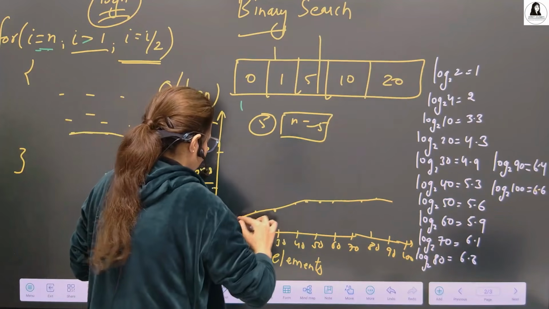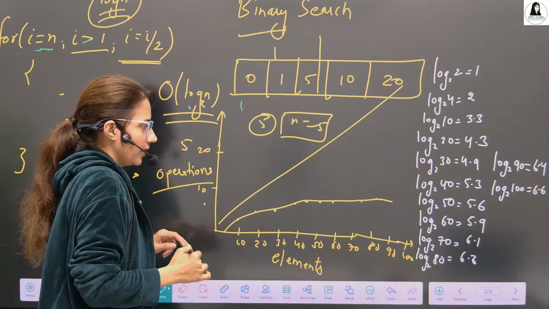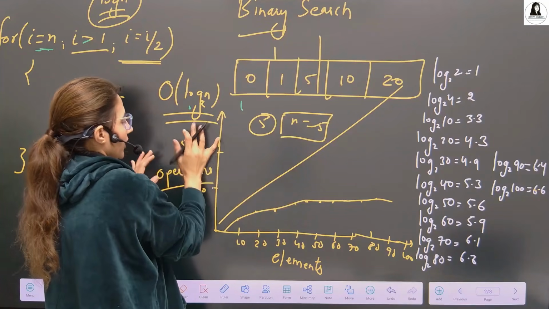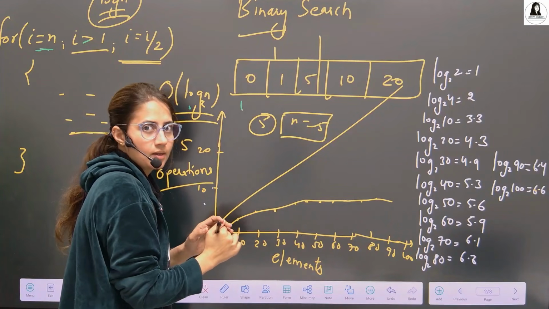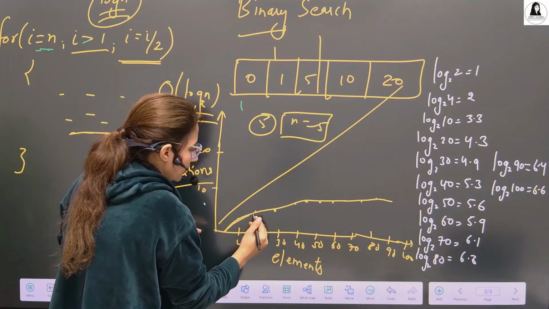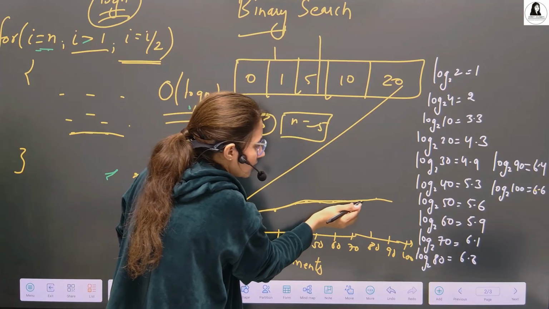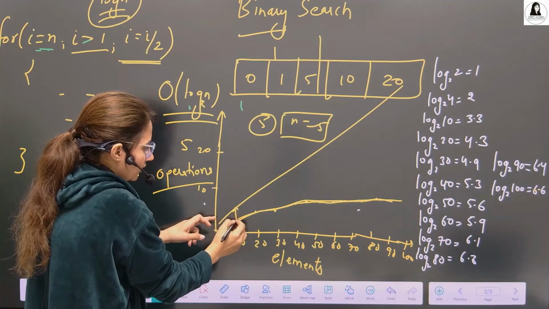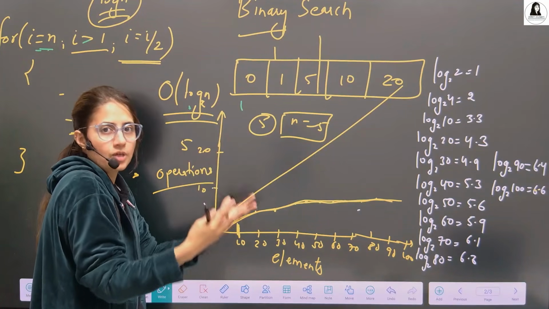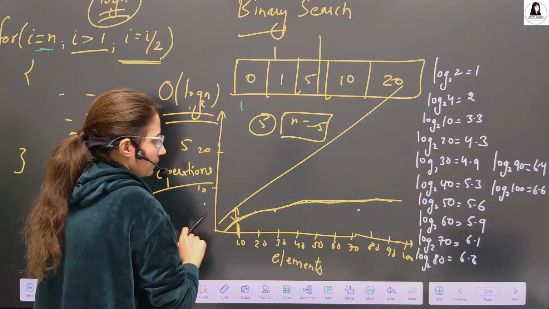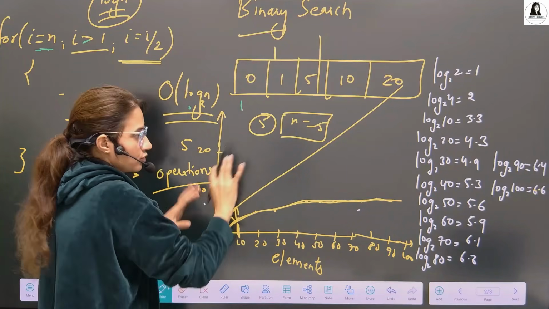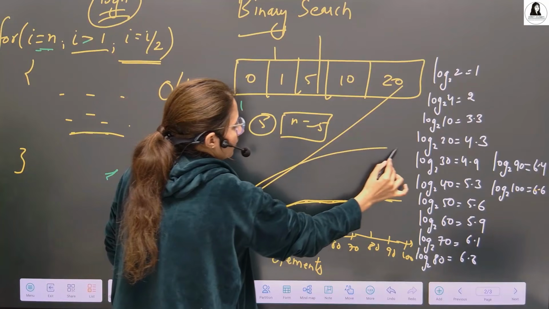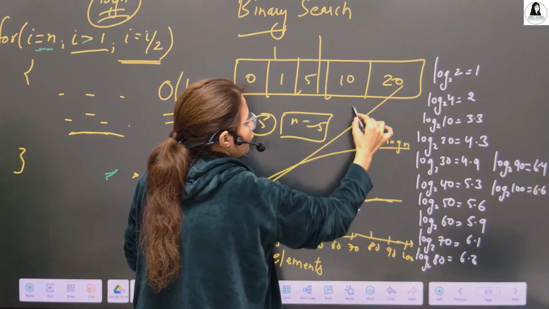It's not increasing directly, it's not like linear. If you have log n, this is more scalable. It will move steadily and will not go directly high. Although at the start the difference is not that much, for some inputs you will get this graph. Right now it is this, but for some input maybe you have a graph something like this. This is log n and this is order of n.